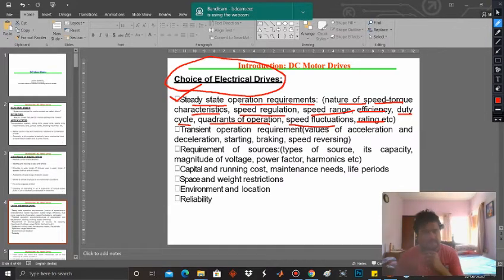Duty cycle is very much related to the thermal characteristics of an electric drive. So we have studied the heating and the cooling curves of an electric drive. And we have seen that when you are starting a motor, the temperature of the motor increases from a minimum value to a particular value when it is operating, and when it is idle, the temperature falls.